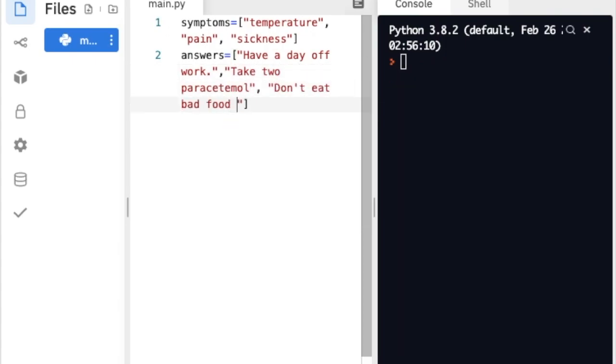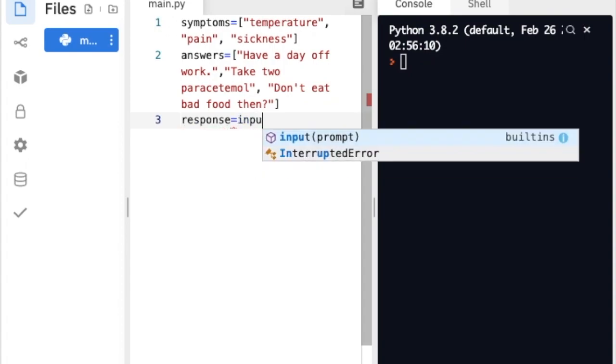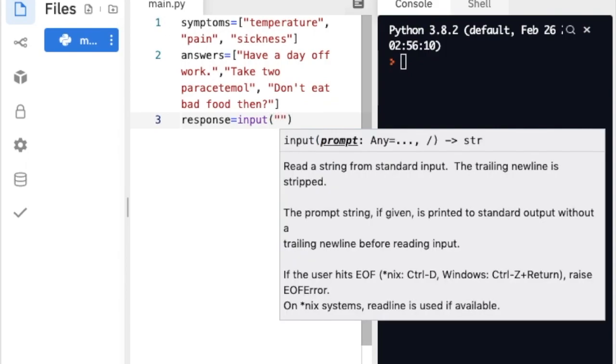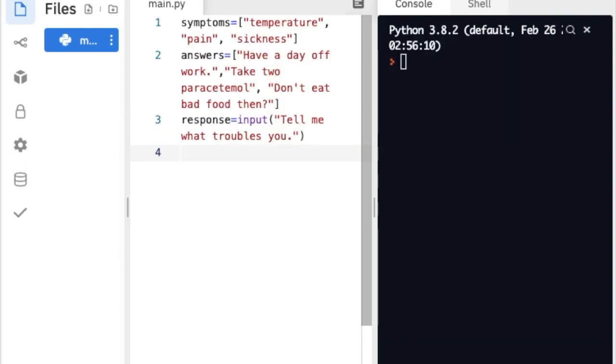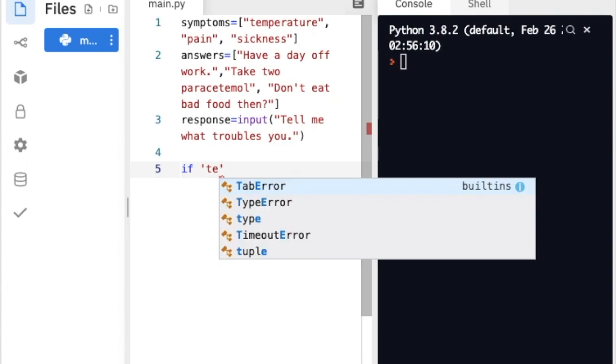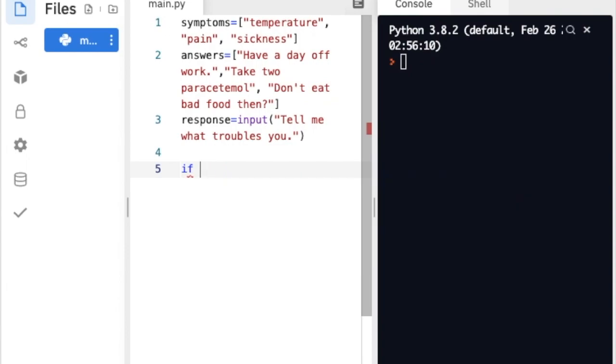Now obviously this doctor is not going to be the most helpful. The purpose of this program is more to simulate the responses. And so also the doctor will ask the question, expecting user input. Tell me what troubles you. And then we're going to use conditionals, if and else, to work between each of the